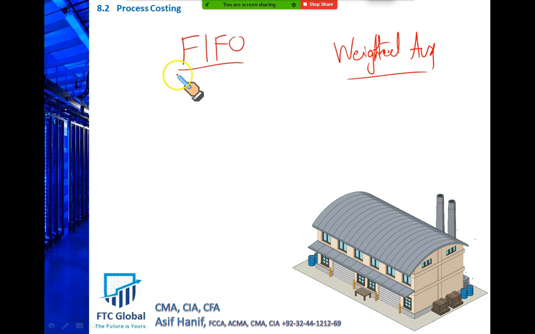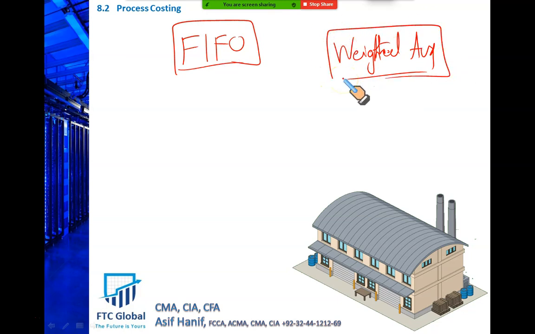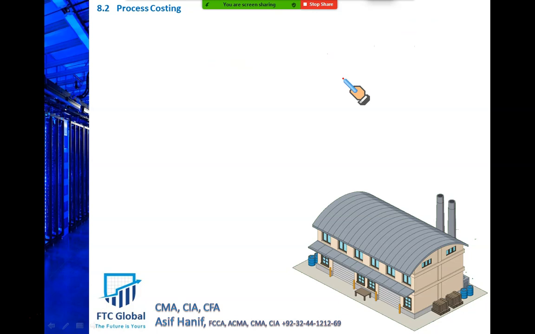Before we learn these two methods clearly, we first need to find out something very important. There are basically three steps in valuation. Let me write down these three steps and we will do these one by one, inshallah. First step, step 1, is the calculation of equivalent units of production. First step is to calculate EUP. What are EUPs? I'll explain everything.